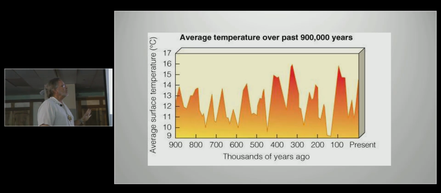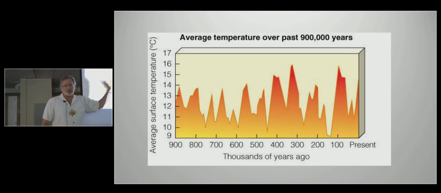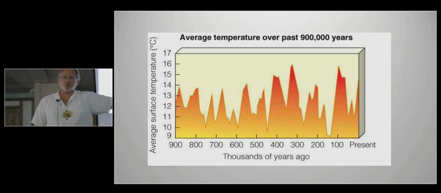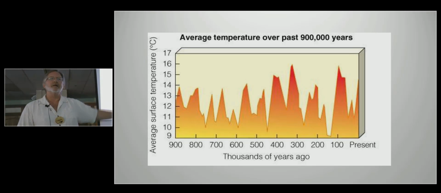And I want to make it very clear that each one of these climate changes was due to an orbital anomaly that happens every 40,000 years. The current climate change is not because of that. We've got another 10 or 20,000 years to go before we get to that one.